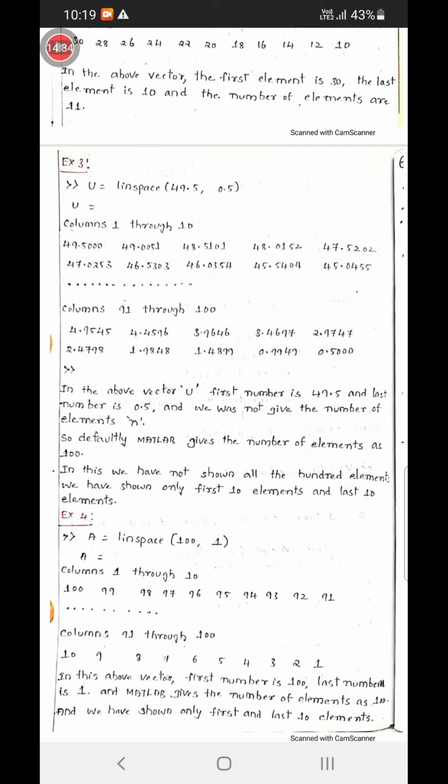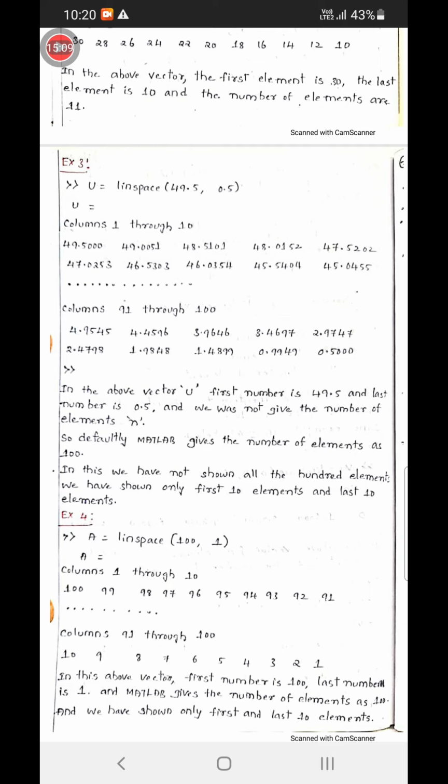See, columns 1 through 10: the first 10 elements are 100, 99, 98, 97, 96, 95, 94, 93, 92, 91. Next, 10 to 20: 90, 89, 88, 87, 86, 85, 84, 83, 82, 81.